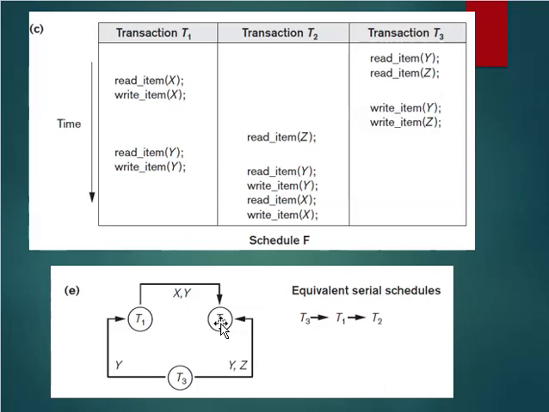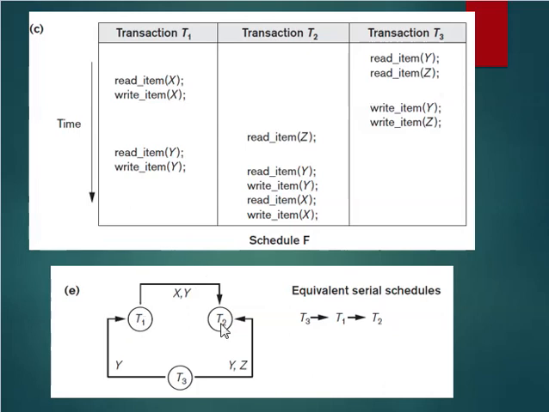We need to check to which order of serial execution this non-serial schedule is equivalent. For that we need to find the path that flows through all the transactions. Here you can see if we start from T3 to its right, it ends at T2, so we can't move to T1. But if we start from T3 and move towards the left, first we can reach T1, and from T1 we can reach T2.